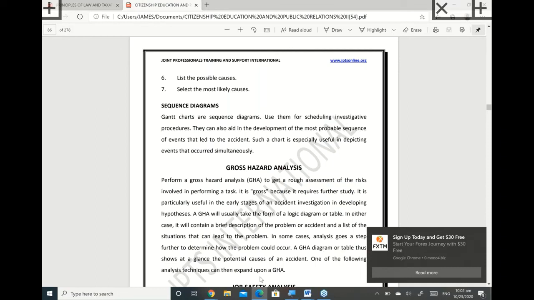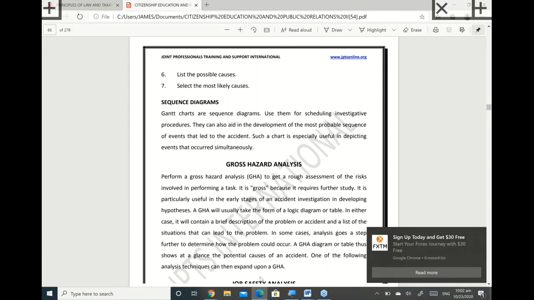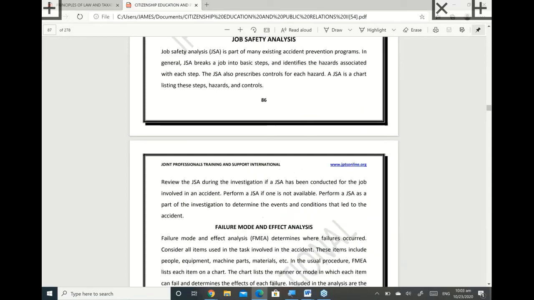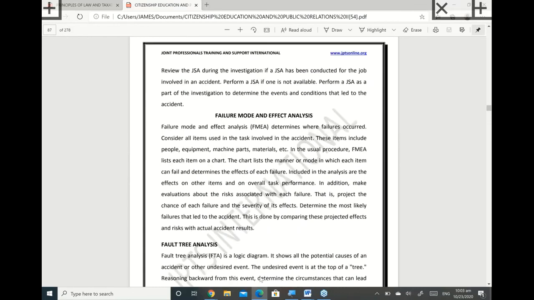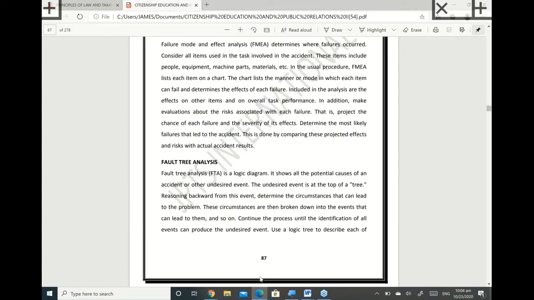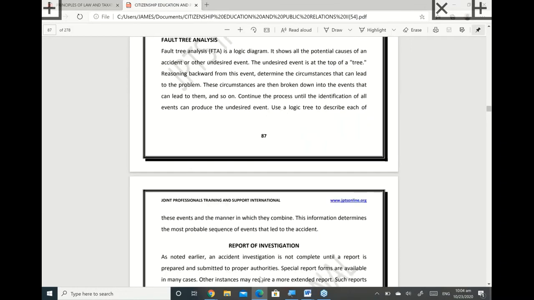So, gross hazard analysis. When we talk about gross hazard analysis, it is a rough assessment of all the basic steps in performance, where we try to identify from this event the circumstances that can lead to the problem. Then we look at the report of investigation. Now, after